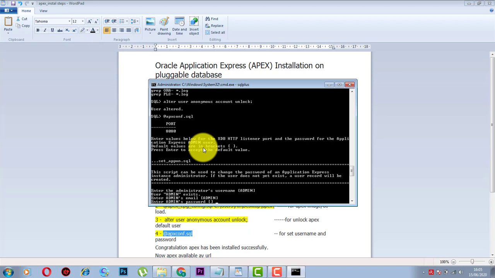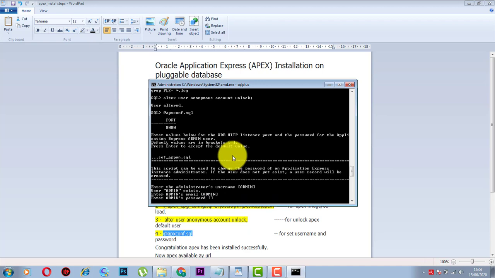Enter admin password. This password should be at least 8 characters and must include uppercase, lowercase, numeric and special characters. I'm typing the password.